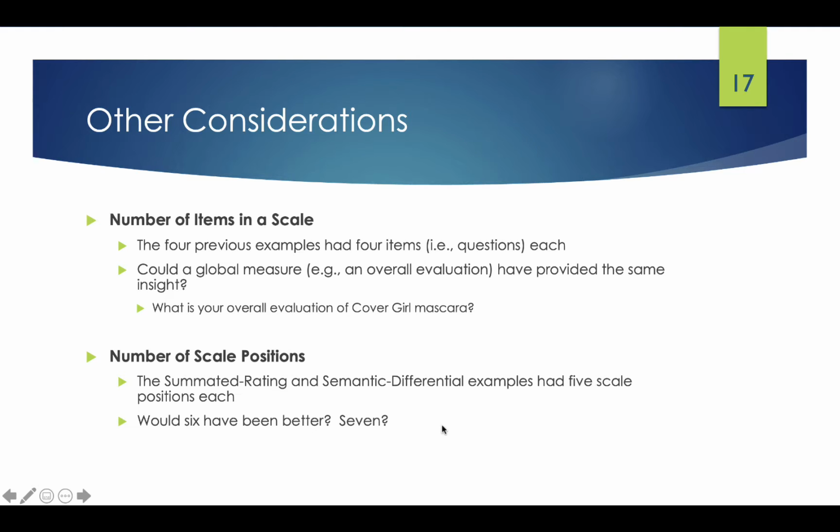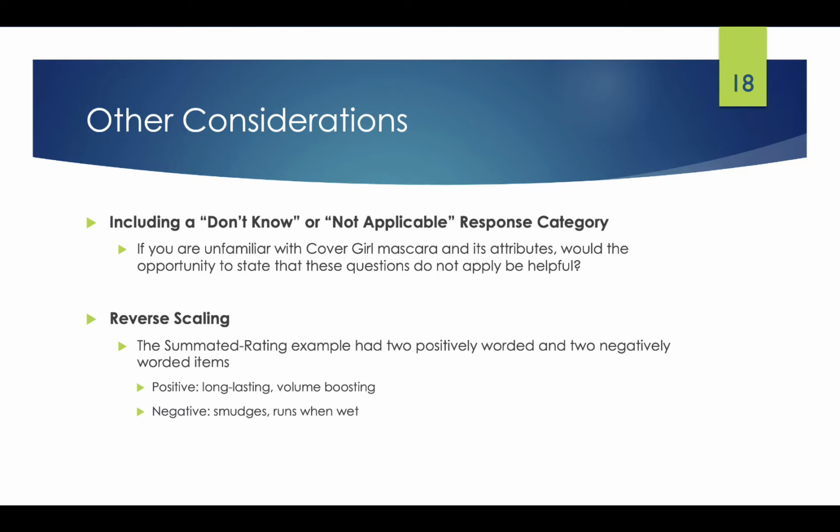Now, the number of scale positions is important too, because are you going to have a 5-point Likert scale, or a 7? Would 6 have been better? Generally in marketing, you use a 5-point Likert scale or 7. And as I mentioned before, I think the 5 is preferable in my experience, including a don't know or not applicable